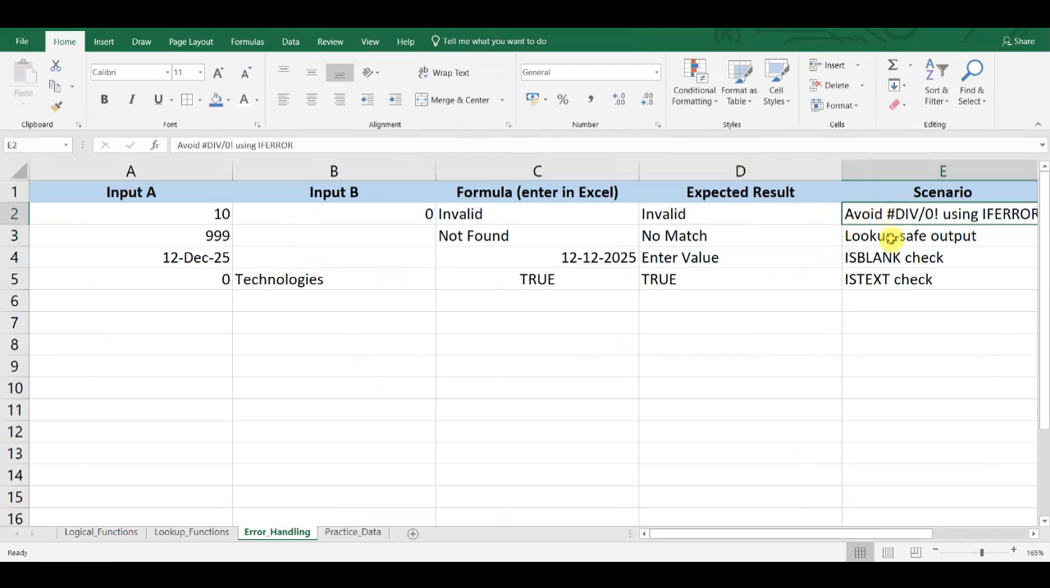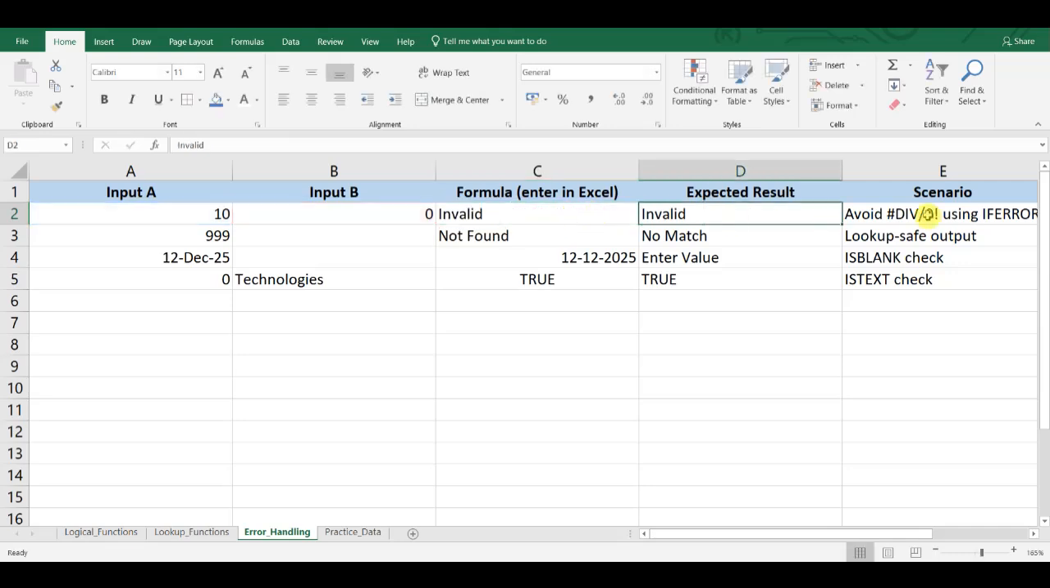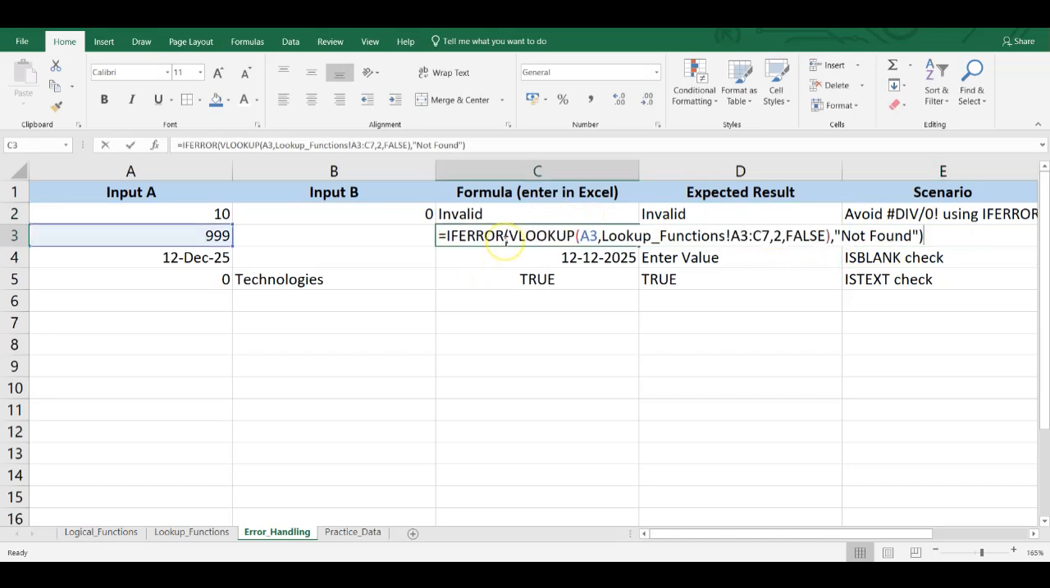zero by using IFERROR. Where in IFERROR we will put the condition. So here in IFERROR, when divide by zero, we are providing "invalid", so we will get a valid output. And when there is a non-matching lookup, which we have handled with IFERROR of lookup #N/A, in spite of that we have marked it as "not found" by providing